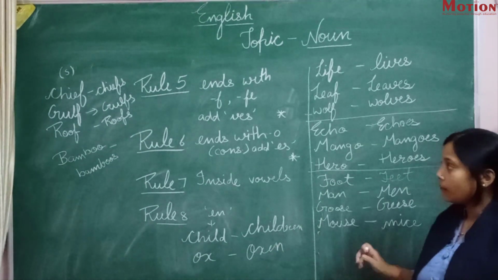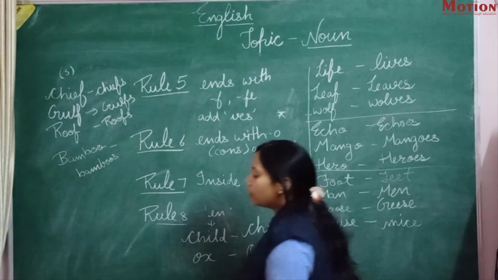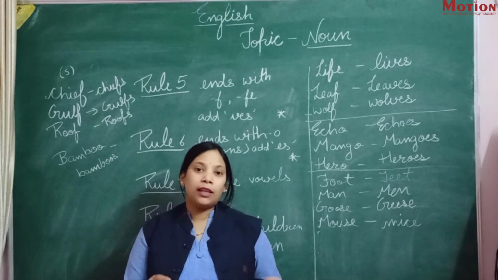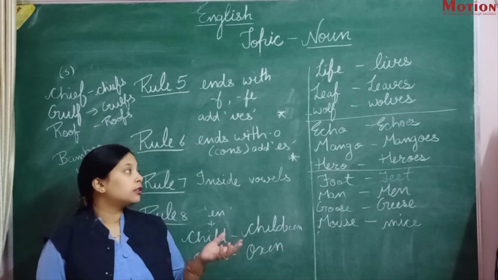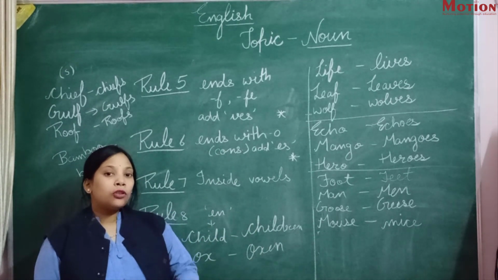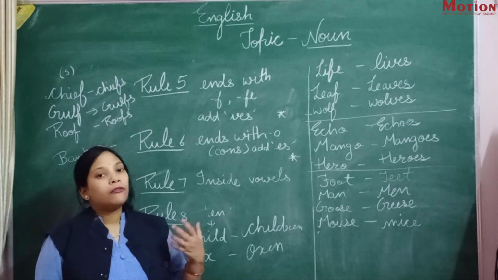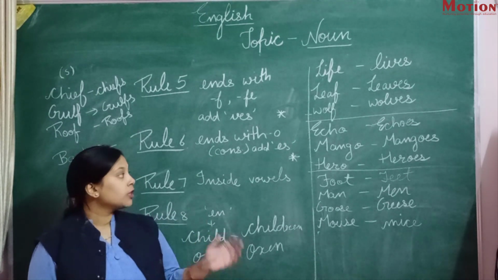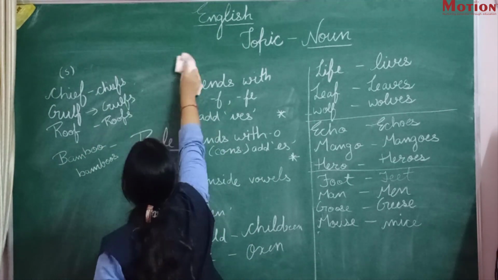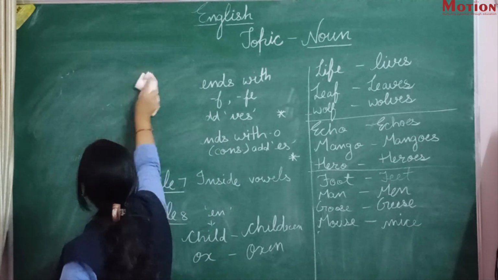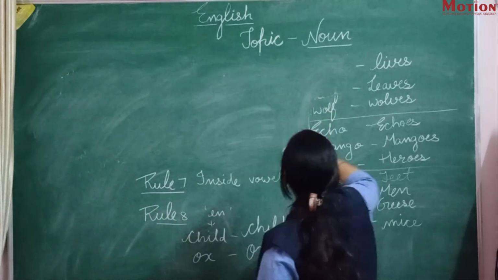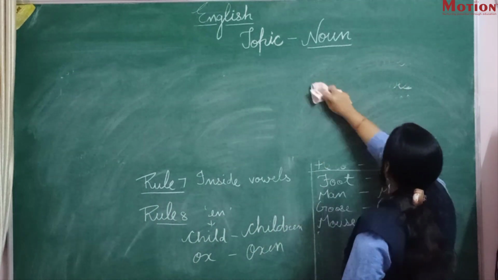Okay. So these are the rules which involve vowels, consonants, es, s, ves. You have to be clear in your mind where you have to put the rule, where you don't have to put any rule, and where you have to use your common sense. Okay. So this is all about number and nouns. There is one other thing about singular and plural, that is, I'm telling you, compound nouns.